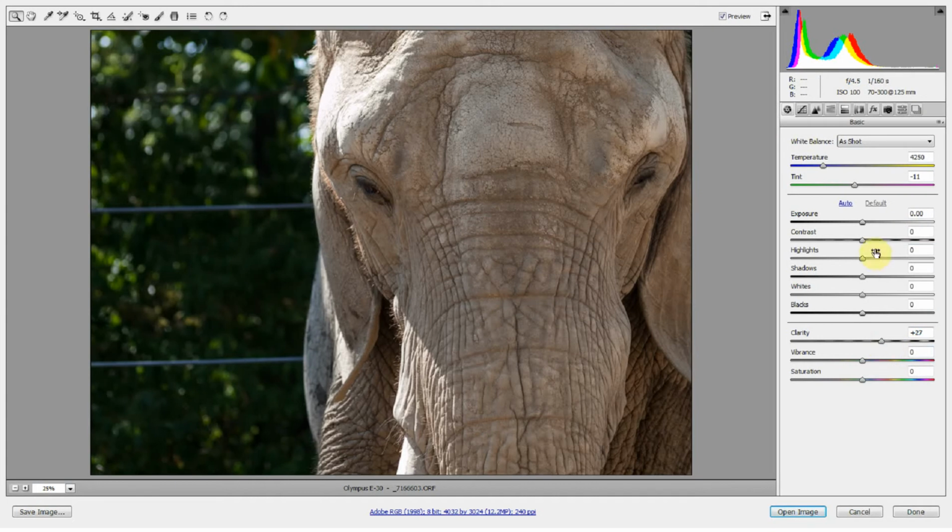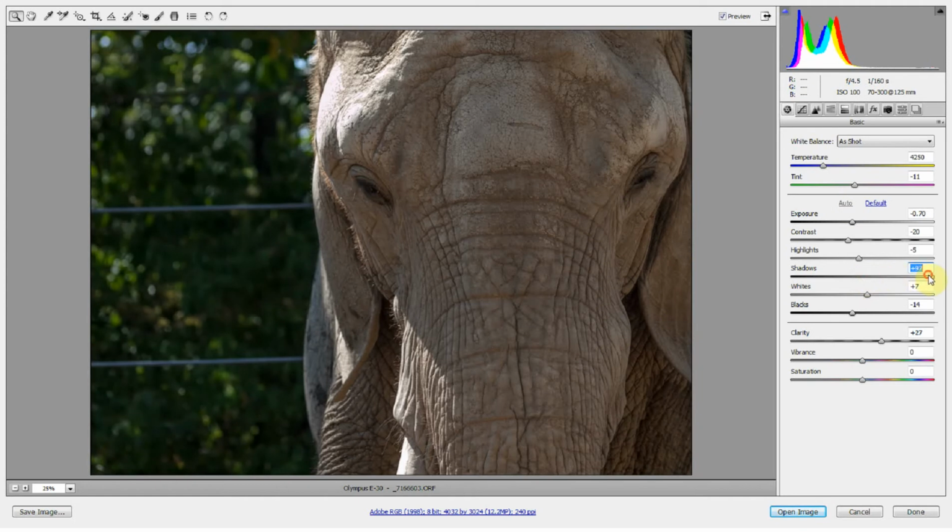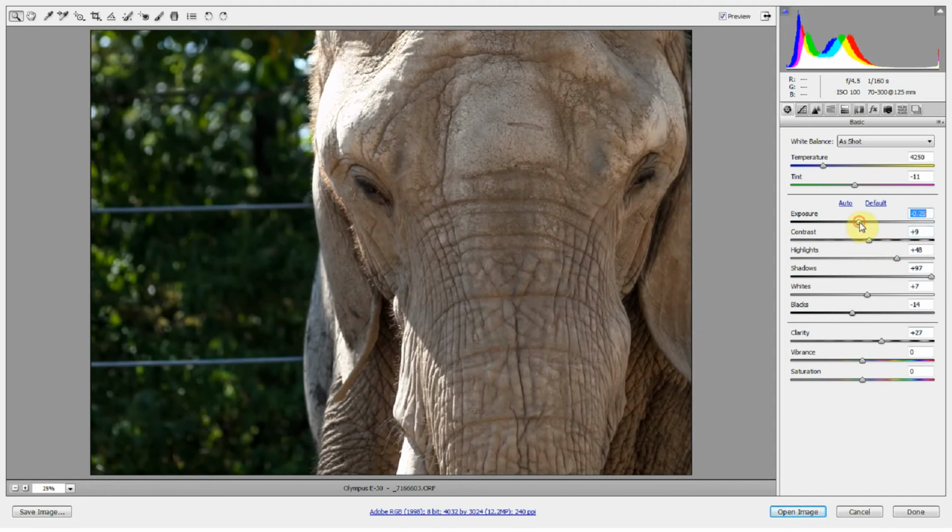I just opened the file in Adobe Camera Raw. And usually the first thing I do when I come into Adobe Camera Raw is just hit auto to see what the auto settings are going to do. And it made my elephant a little dark. That's okay. We'll just increase the shadows a little bit to start bringing out some of that shadow area. Increase the highlights a little bit, bring out those areas. And we'll increase the contrast and maybe do a little bit of exposure because it made it a little too